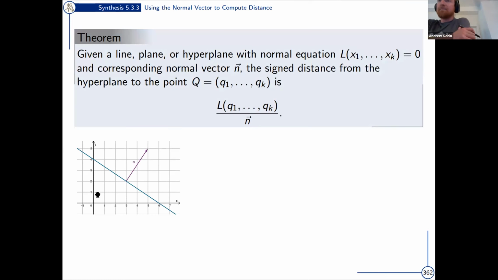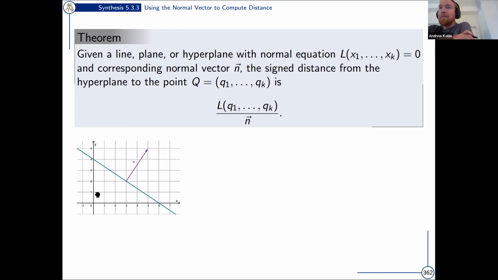about distances. So there's a proof of this in the book, or there's at least a quick sketch of the proof. But I want to just cite it, state it as a theorem that will allow us to compute distances efficiently. So if we have a line, a plane, or a hyperplane that has a normal equation of the form, some linear expression, a1 x1 plus a2 x2 plus all the way up to ak xk, set equal to 0, and if we know a corresponding normal vector, which in that case would have been (a1, a2,